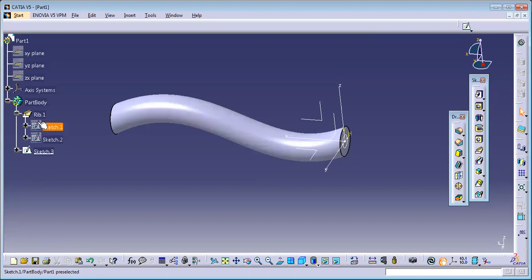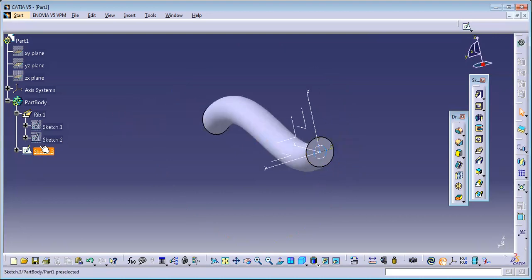So if it is showing in this shaded pattern, you can notice the difference. So now this is a live sketch which you can notice on the screen, and these two sketches are hidden just because of this pattern. So what you can do is you just give a right click on this and say hide and show. And you can notice the first circle has been highlighted, which I don't want. I want the center curve. So I'll just hide it back. So just click on this, say hide and show. Now can you notice that curve there?